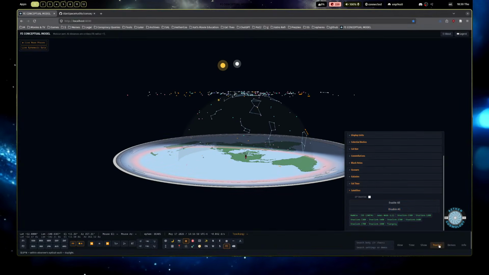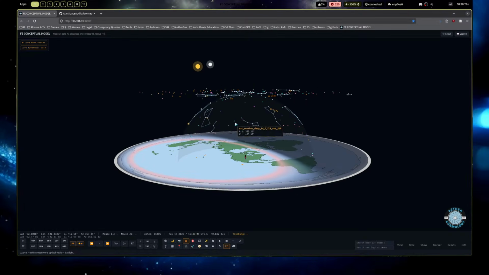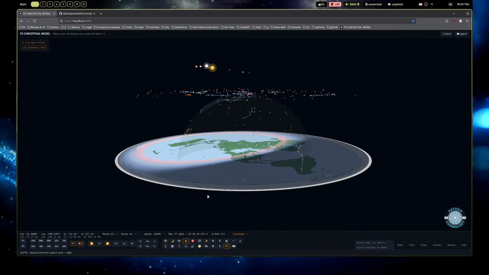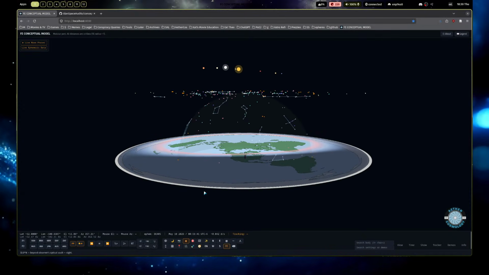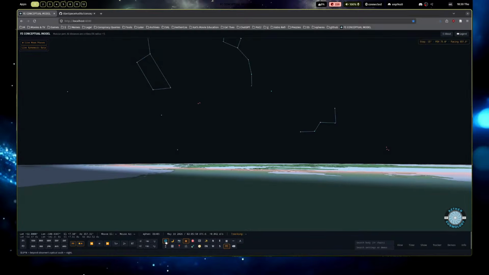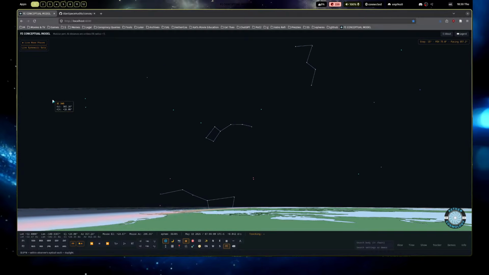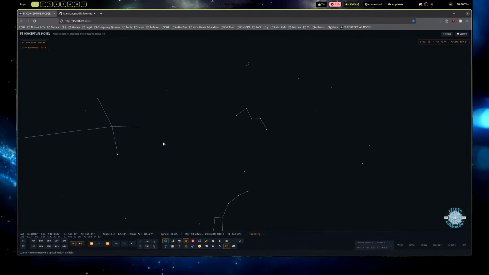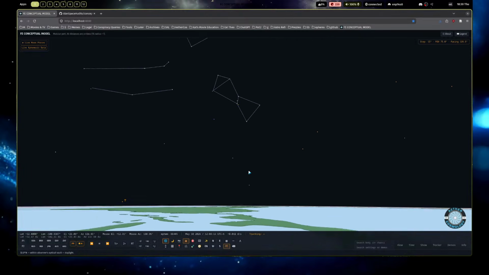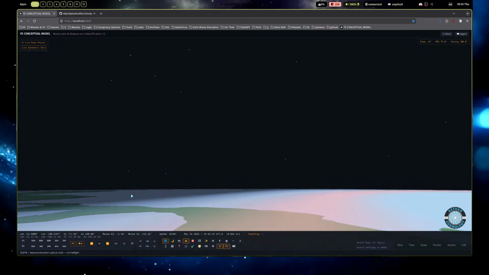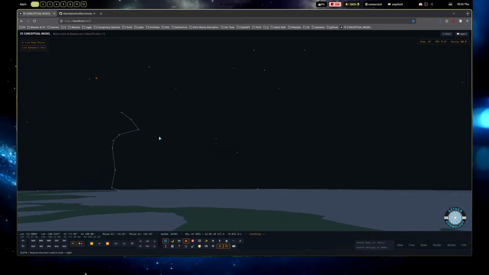Satellites. There we go. Okay, so you can see how a flat disk of stars, if you have a spherical vision, this is what it's going to produce. So when we go here and look in the north, we see what the star field's doing. Now you see everything's rising in the east, setting in the west as per usual, what we see in the north. And then when we turn around and look to the south, we see they're rising from the opposite direction and setting in the west.